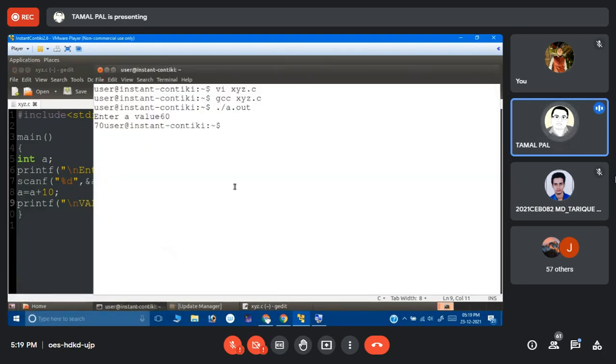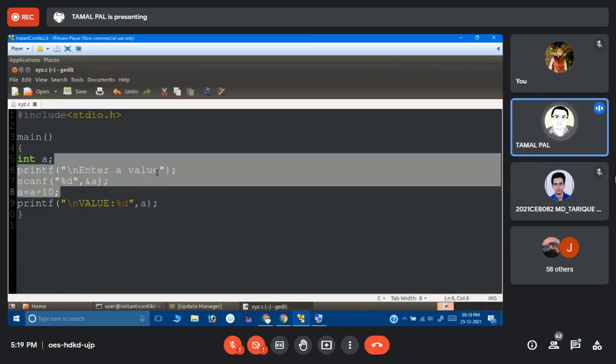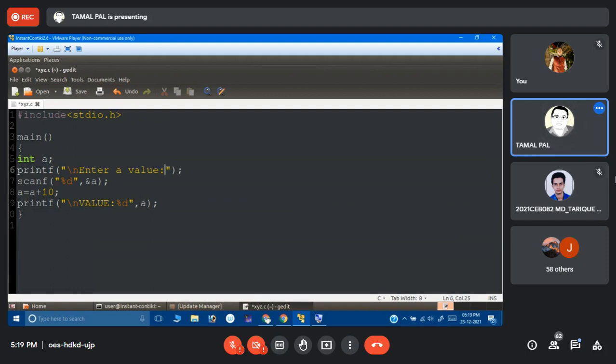I have changed the code a little bit and I'm clearing the screen. Now it is asking for a value. Let's say I provide one value, 12, and the value is 22. Again, the interface is a little bit clumsy, so I better make it a little handy. Here also I write one new line after this.